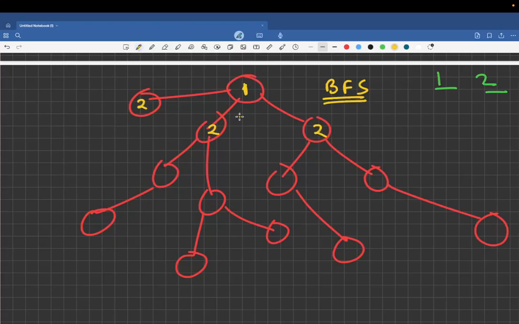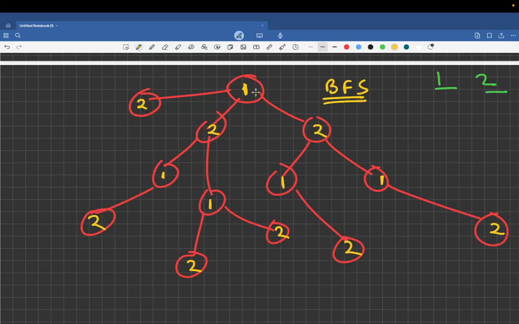So first of all, you push this particular node in the queue. Then its adjacent nodes are pushed and they are assigned the number 2. Then 2's adjacent nodes will be assigned the number 1. Then 1's adjacent nodes will be assigned number 2. And yes, just see. You have divided the complete graph into two groups, numbered 1 and 2, such that two nodes having an edge between them are not numbered the same. And this is how we divide our graphs into two groups as bipartite graphs. I hope this thing is clear.